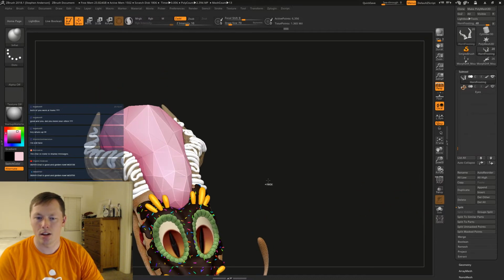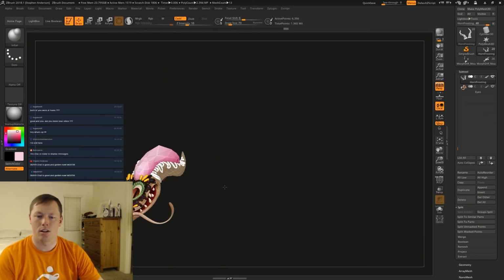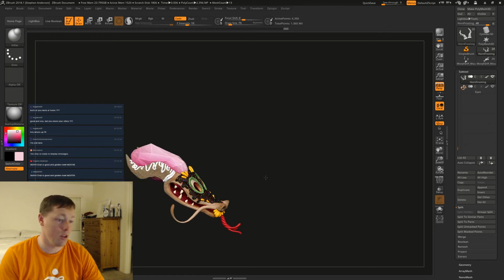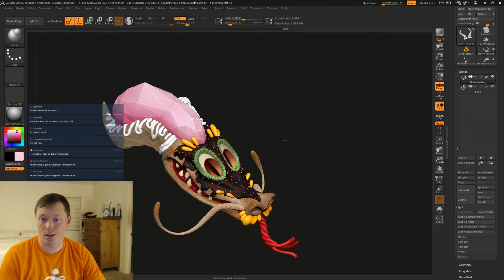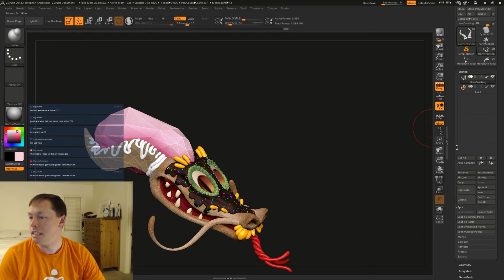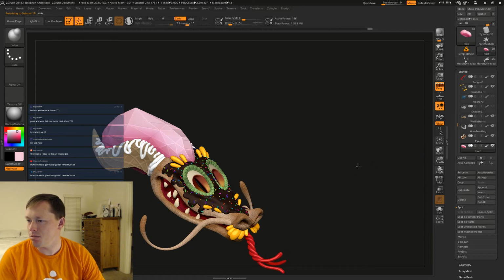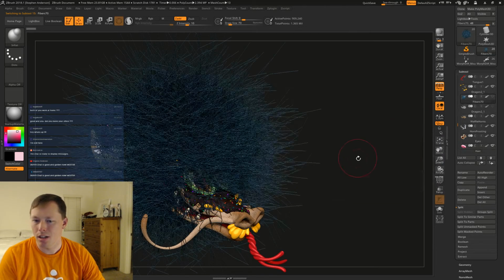Okay, so far this is going to be kind of cool. The hair I'm still not convinced about, but yeah, I don't know, we'll figure it out at some point.